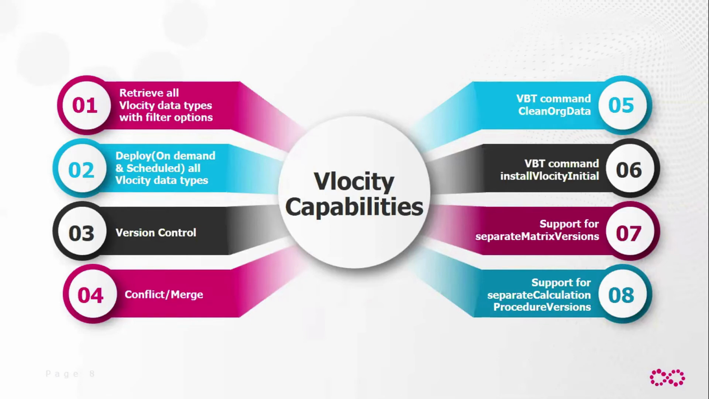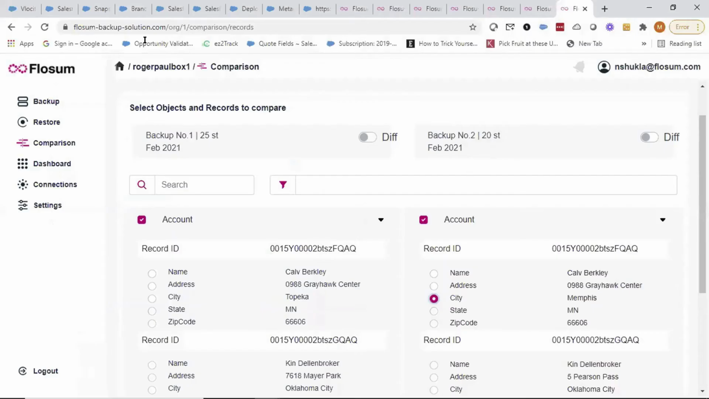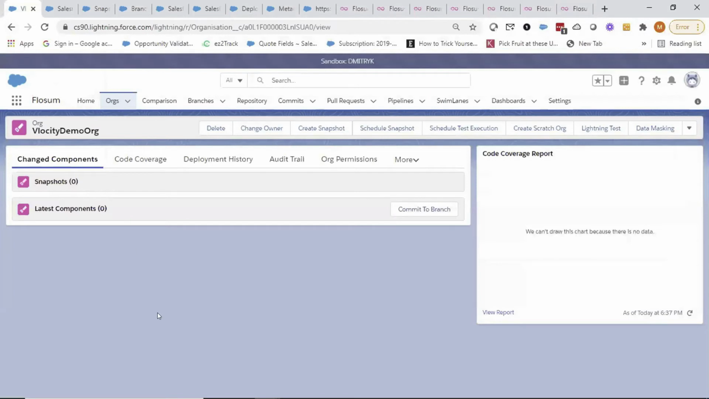So let's go and take a look at how Flowsum works with Vlocity. So you will connect, for those of you who are familiar with Flowsum, this is your standard Flowsum interface. For those of you who are not, Flowsum is 100% native on Salesforce, so the interface will look pretty much like any Salesforce application that you develop. And as a release management tool, like